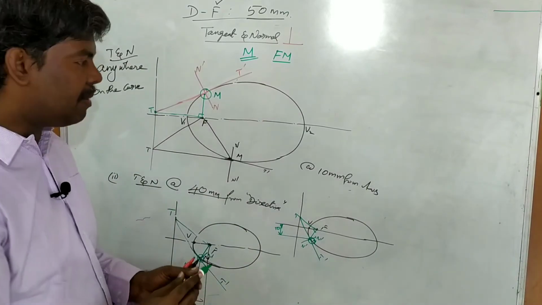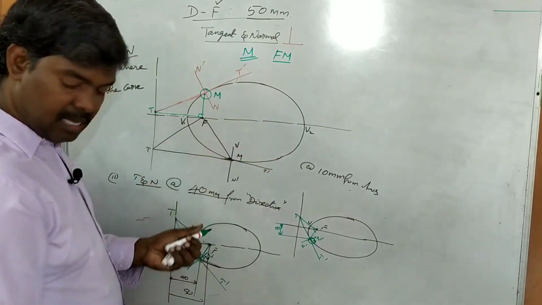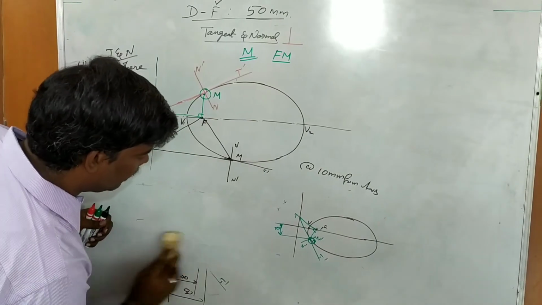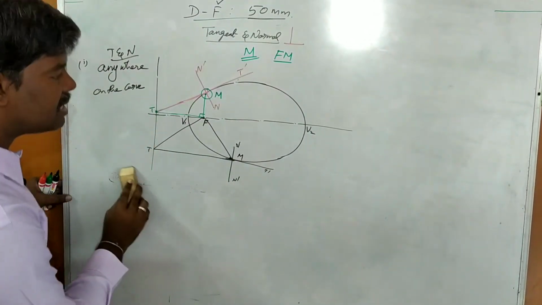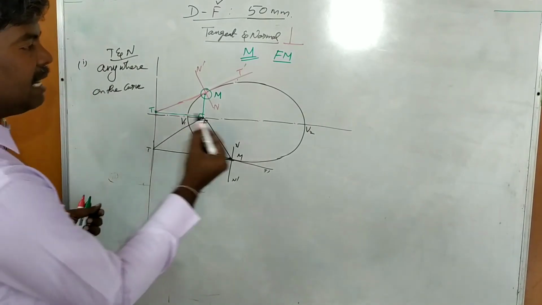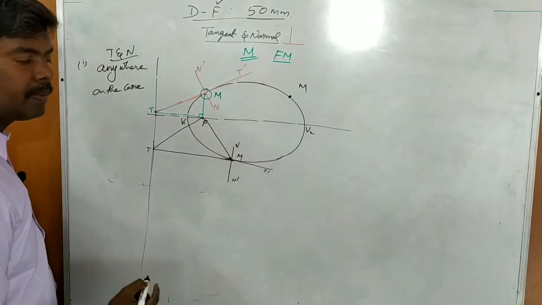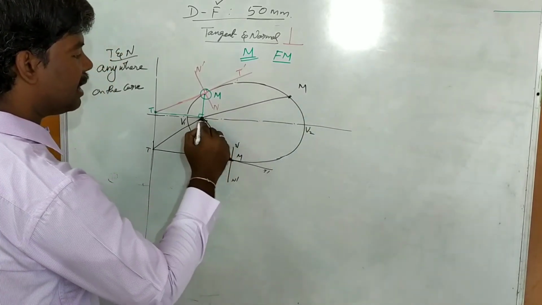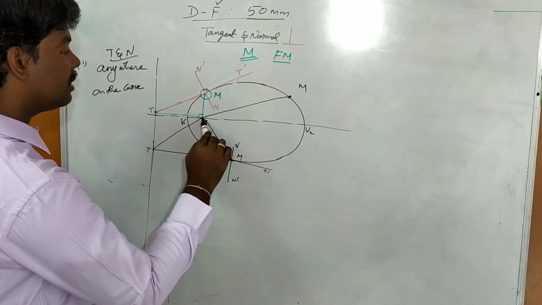Okay, and preferably don't take this right side. For this diagram, don't take the right side because it's not wrong, but if you consider the right side, your construction line goes very big. For example, anywhere. So let us consider, I am considering M here. So what is the procedure? Join FM. You draw a perpendicular line. If the perpendicular line in this direction does not intersect the directrix, you go for this side.